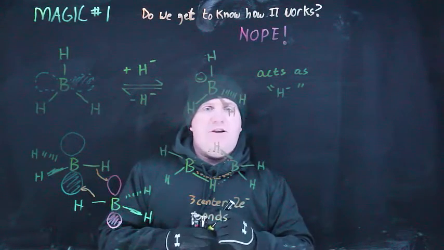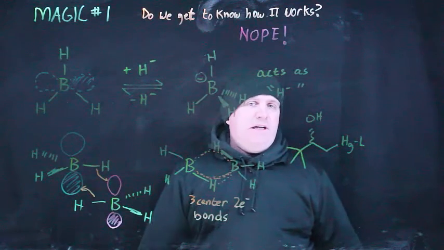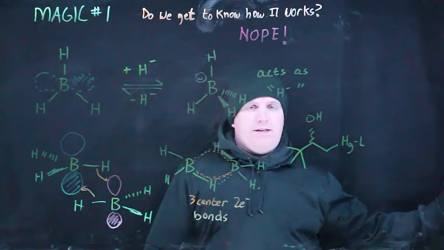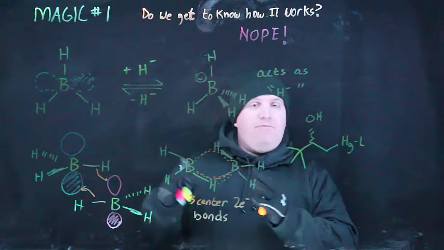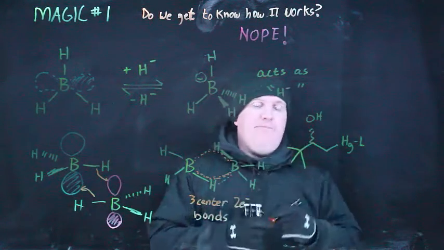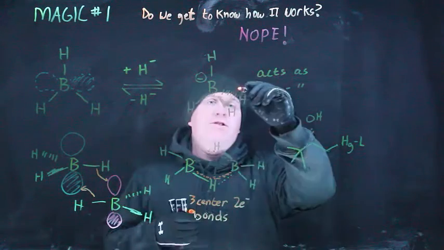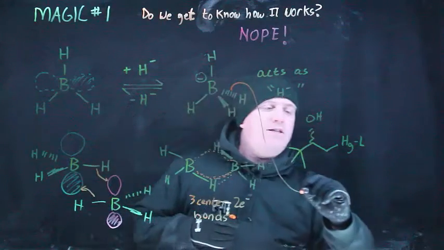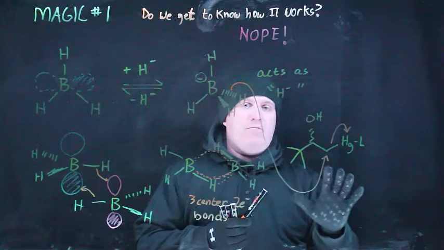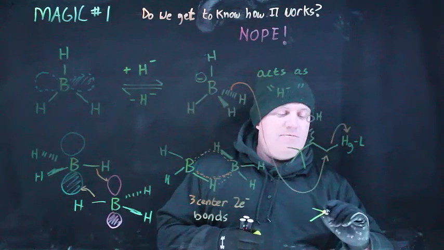Now let's see if we can finish off the actual mechanism that we came here for. And again, I'm definitely not going to tell you how this actually works, and the piece I'm about to draw now is complete nonsense. This is definitely not how it works. I've looked it up before and decided there's no way I want to talk about this. It's complicated, and what I'm about to draw is nonsense, but it does convey kind of truthiness, if you will. So this H- is going to come and replace this carbon-mercury bond. This is definitely not how it works. This is nonsense. On the other hand, it describes the final product that you get from this,